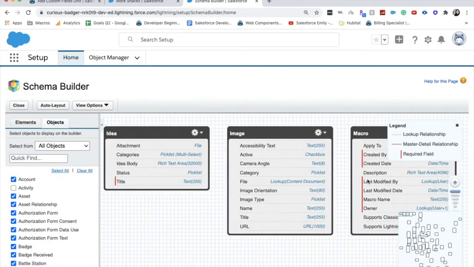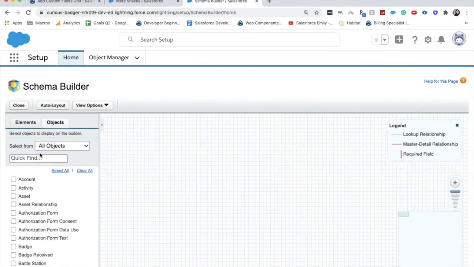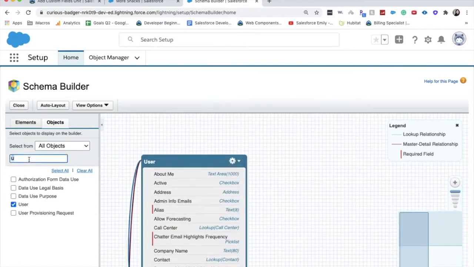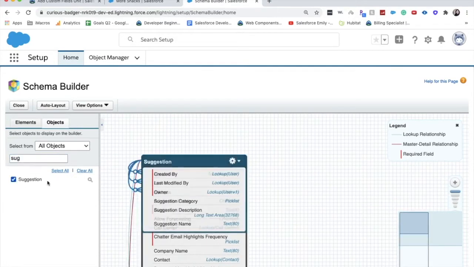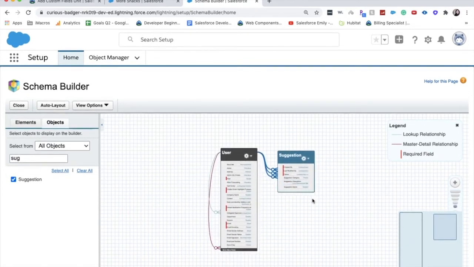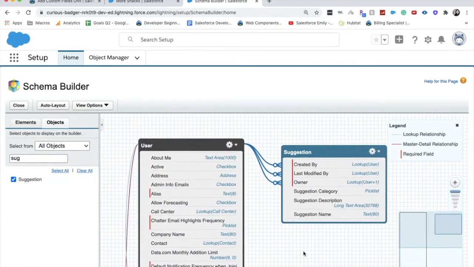Alright, and here you can see we've got a bunch of different objects. We're going to clear all and only go for the user and suggestion. And we can look at them side by side and see how they are all connected. So it looks like they're connected through the different owners and lookup of the users that have created it. So we're going to go back to our suggestion box object